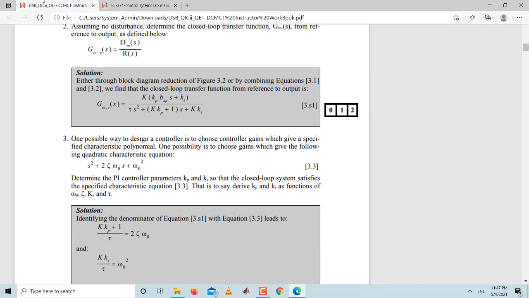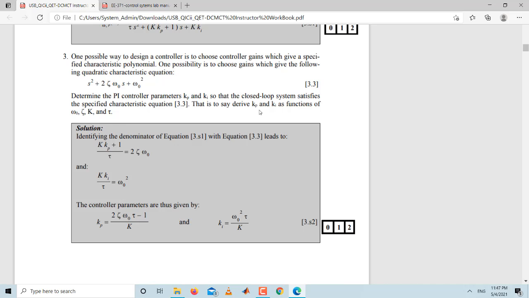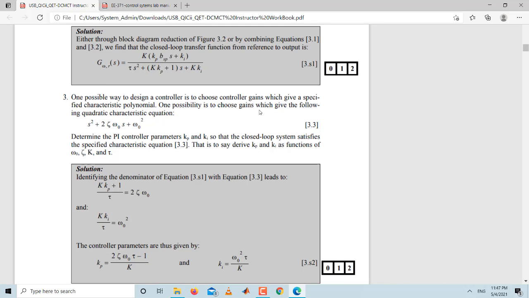Okay, you can see that the answer to question number 2 is given here. I'm showing this slide to you so that you can check your final answer. You don't have to write this equation as it is in the space provided to you for question number 2. Rather, you have to solve it step by step and then end up with this relation, right? Okay. So question number 3 becomes very easy after you solve question number 2.